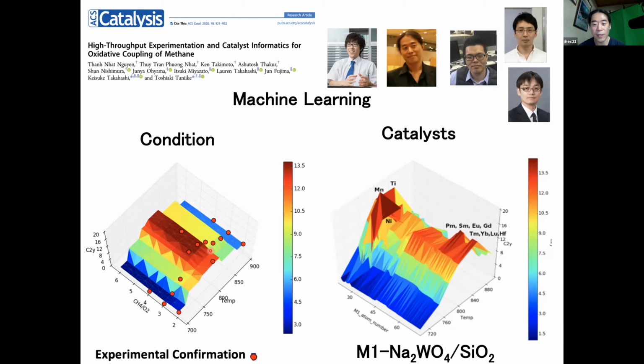And also, we are able to predict new catalysts. We discovered that at 800 Celsius, if you put manganese, titanium, nickel, as well as some heavy element, if you put those catalysts, you can get high C2 yield. We can also predict something like that. And with this one, we are able to achieve like 28% yield before catalyst. So machine learning is quite powerful. In such a short time, you can predict catalysts, but also you can represent experimental spaces very easily. So this is going to pretty much change how we can design the catalyst.